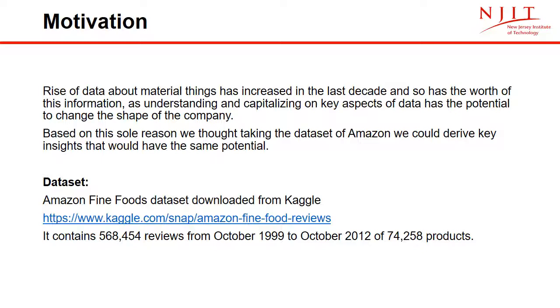In the previous milestone, we figured out what data set we would be using, but we were figuring out how to carry out operations on the data set. But thanks to this programming assignment that we did, we got a direction to follow. As you can see, we have used the Amazon Fine Foods dataset from Kaggle. It contains about 500,000 reviews from October 1999 to October 2012 for about 74,000 products. We will leave a link to the dataset in the description.